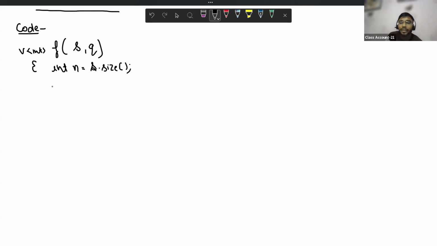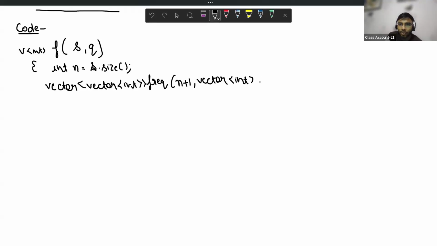After that, I make a frequency array, a vector of vector of int. I'm naming it frequency. For the rows, I need one more row than the size of the string, and for every row, I need 5 columns for A, E, I, O, U.